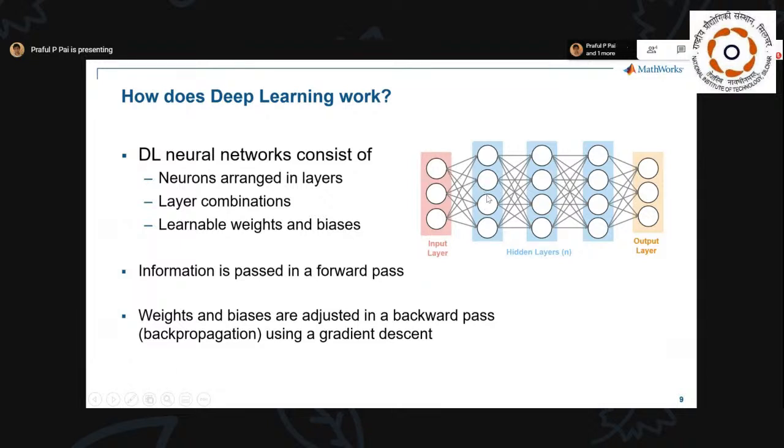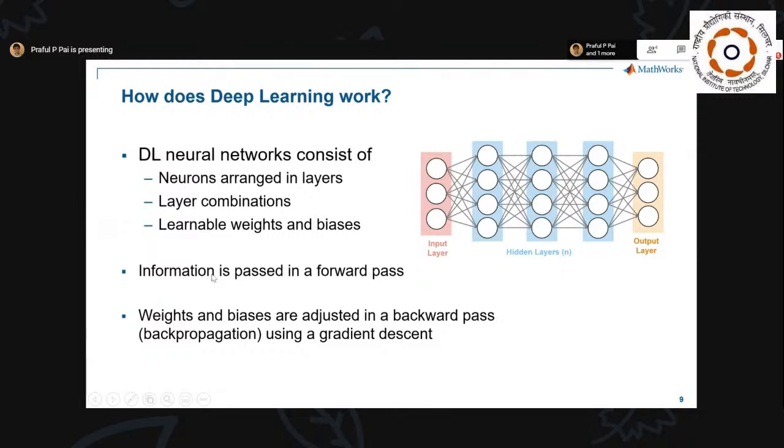So the learnable weights and biases are present in between these, and these essentially learn a representation of the task that you want to complete. So if your task is say detecting a tumor in an image, the deep neural network is essentially trying to learn that representation through a combination of features, through a combination of weights and biases,